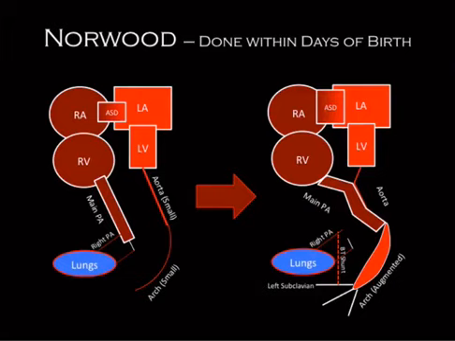So this is the overview here. These are the changes that have been made within the Norwood procedure. And remember, this is done very early on. And the goal, if you can remember, is to create less restriction to the systemic blood flow. So anastomosed aorta and pulmonary artery, bigger arch, and then you have to have a way to get blood into